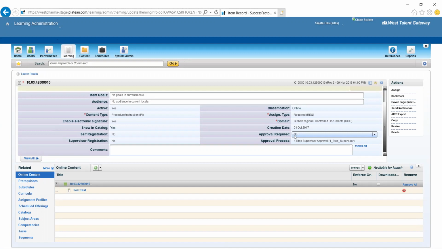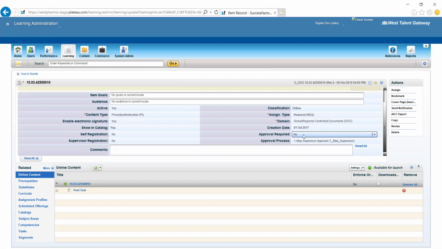Ideally, as a best practice, we suggest that for most online training programs we don't attach any workflow if no cost is involved. The employee can simply go and choose, because if you attach a workflow, somebody will have to approve it and it will delay the learning progress. So we recommend as a best business practice, whenever the learner discovers something in the learning catalog and is interested in doing that course on their own, don't attach any approval process. Simply make approval required as a no.